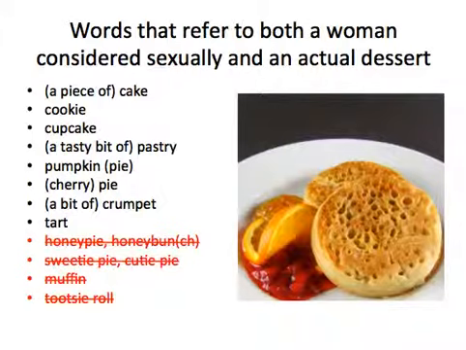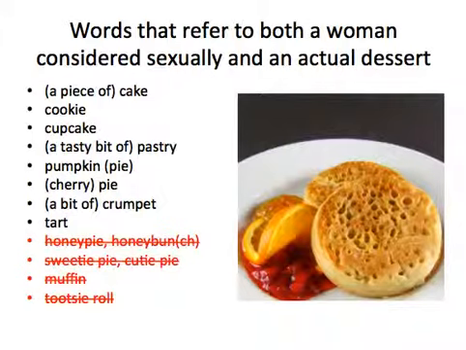Okay, so a piece of cake. A piece of cake originally meant referring to a woman of easy virtues. Okay, so a piece of cake, meaning nowadays, and it's become a dead metaphor, means something that's easy. Originally it was referring to a woman referred to by a man as someone who was easy, would give her favors, sexual favors, easily. And then you can see lots of other desserts, plenty with certainly not the most negative